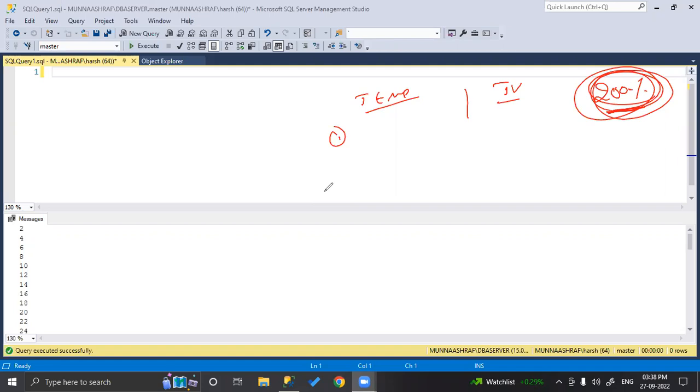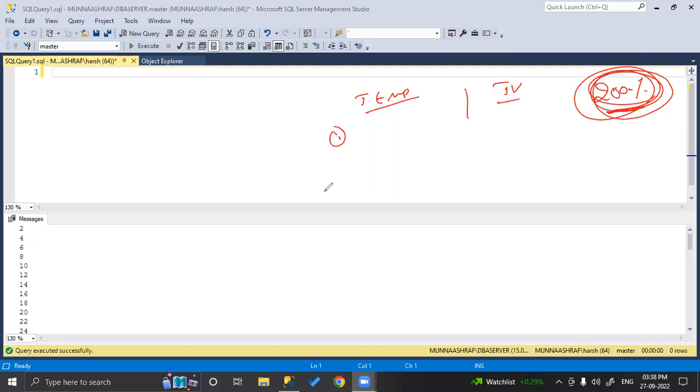So table variable. Table variable can be used both in functions and stored procedures.